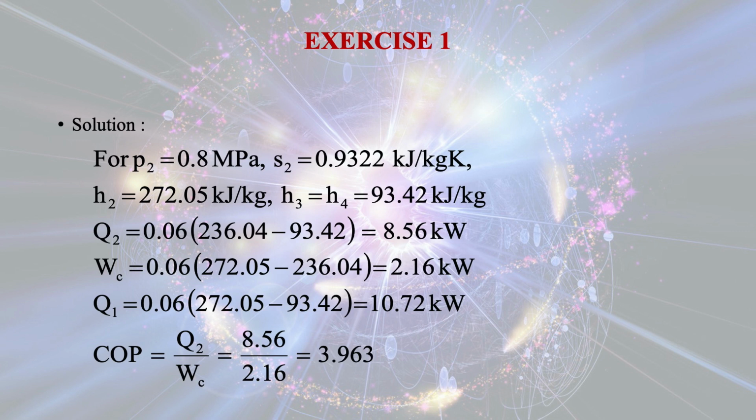So the COP is equal to the net refrigerating effect divided by the work done. Q2 is the net refrigerating effect that you have already calculated, that is equal to 8.56 kilowatt. How have you got it? Because the net refrigerating effect is equal to the mass flow rate of the refrigerant multiplied by, in this case, H1 minus H4. So all these data are given. You can calculate the net refrigerating effect Q2, and WC is equal to H2 minus H1 multiplied by the mass flow rate. So that you can also calculate for this particular problem, because H1 is known and H2 is known, so that comes out to be 2.16 kilowatt. So COP for this particular case is equal to Q2 divided by WC, equal to 8.56 divided by 2.16, and finally you will get COP